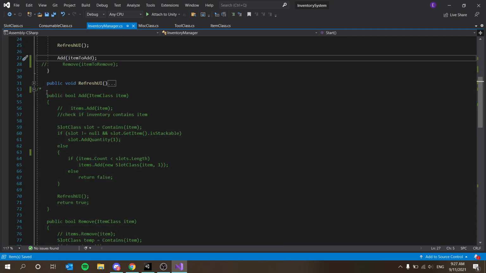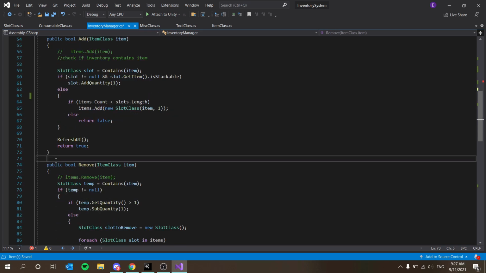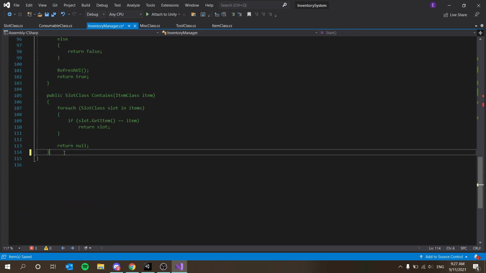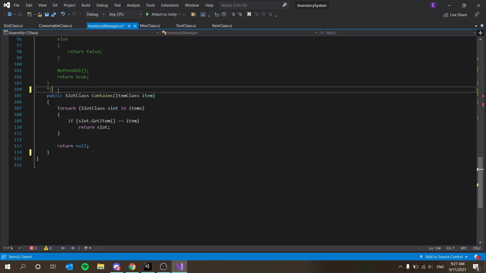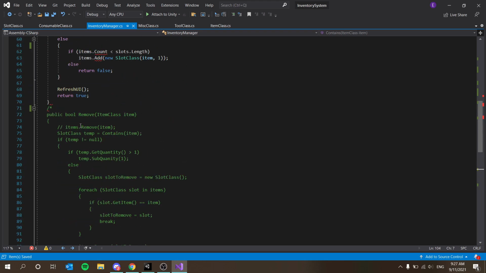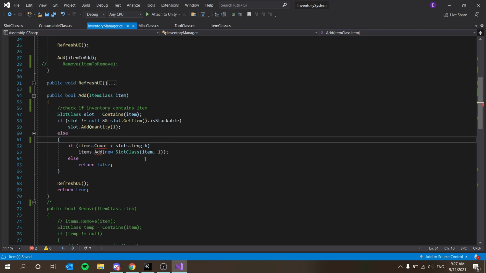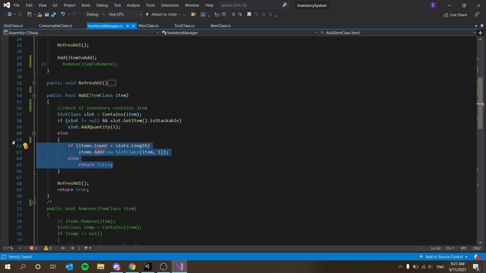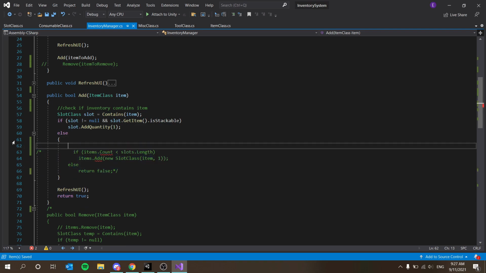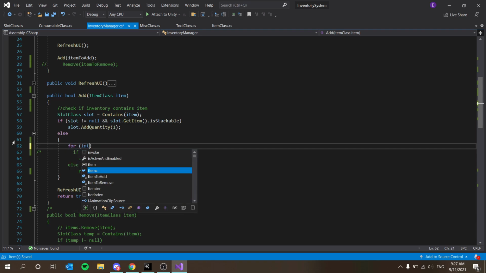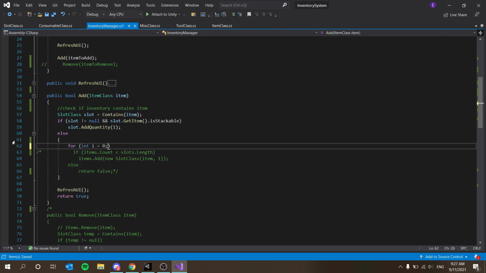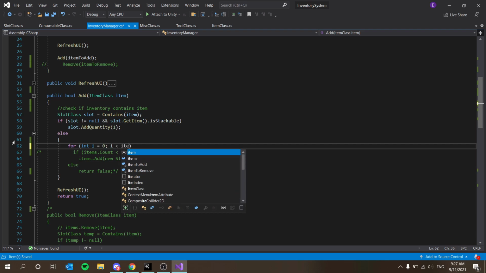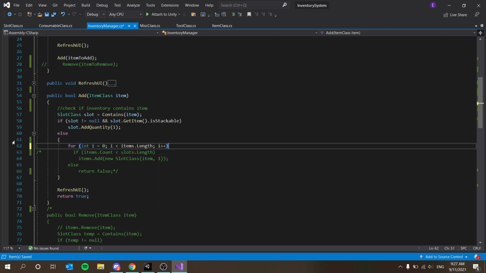Refresh UI will be fine. Add function. Let me do this and move this down here. We need to make sure contains exists. There we go. Beautiful. Right. Yeah. So this is fine there, but we're going to use a different method now because our method is going to do this automatically. We're going to do a for loop through every slot and then make sure if we found an empty slot, add it there. So for int i equals 0, i less than items dot length, i plus plus,